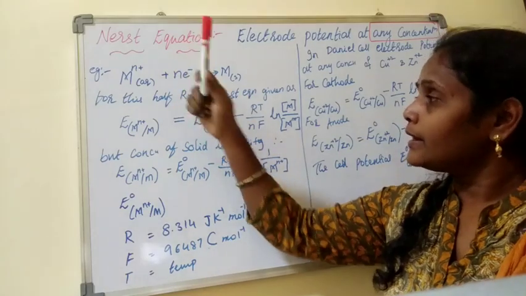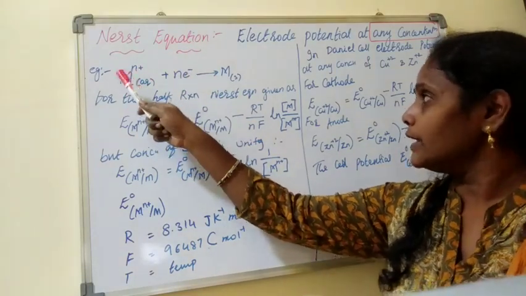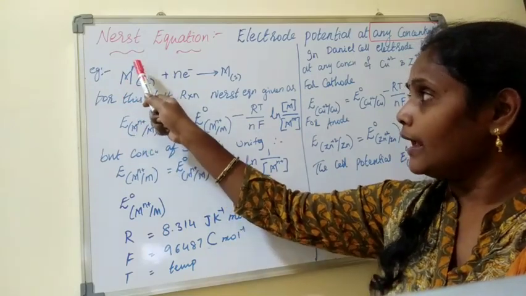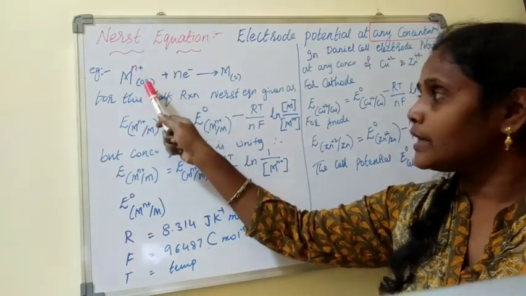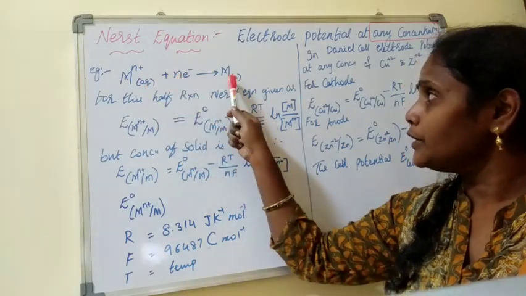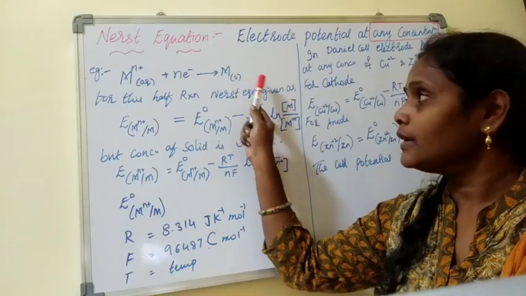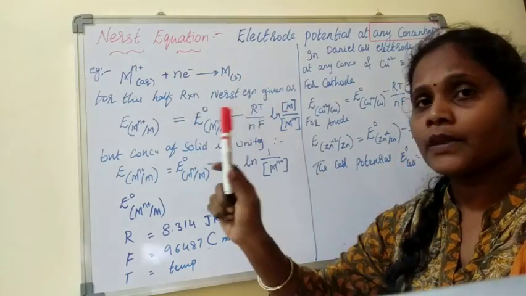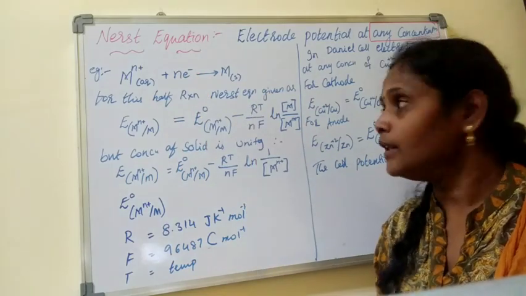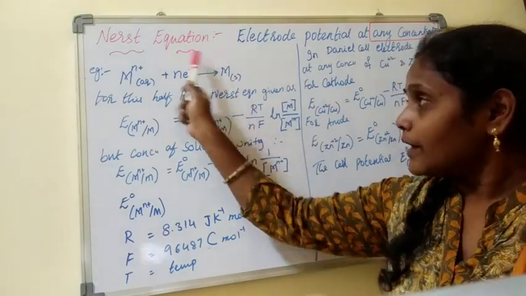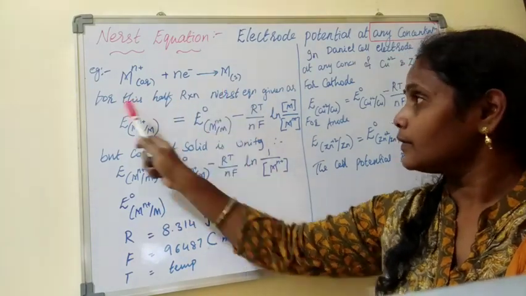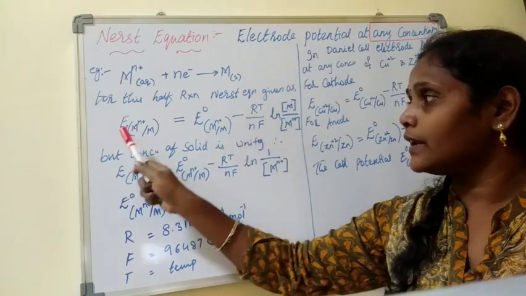So here he said, for example, for this electrode reaction or half reaction, say metal ion M^n+ (I have to write aqueous condition) will absorb n electrons to convert into solid metal M. Right, this looks like a reduction: the metal taking n electrons and converting to its respective solid atoms. So for this reaction, Nernst has given an equation. Here for this half reaction, Nernst has given an equation.